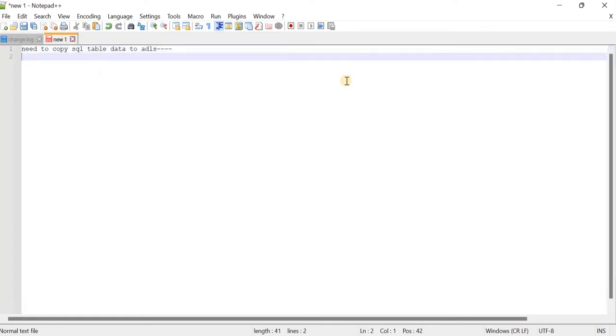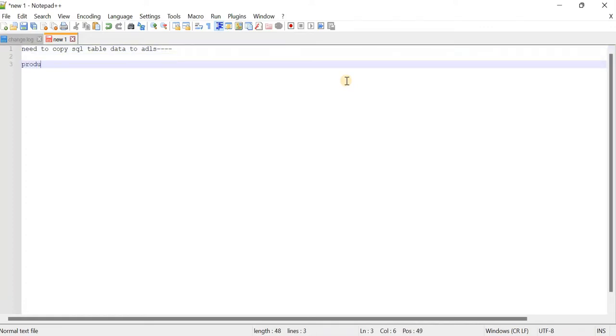This could be anything. Suppose I have product data and I need to copy it to ADLS. ADLS is a storage. Okay, you know it, right? What is blob and